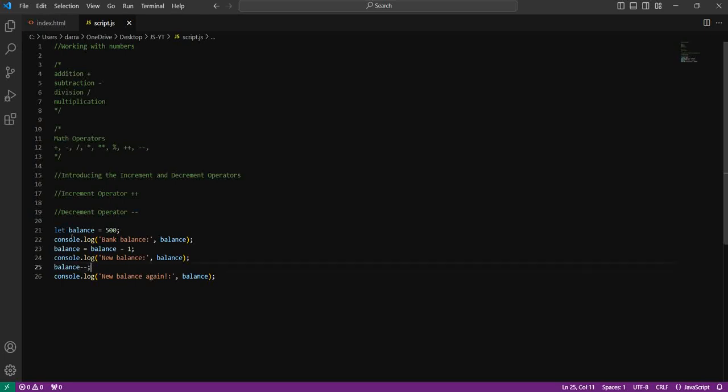You don't need to say, the variable name is equal to the variable name minus 1. You can do that if you like, if you want to make your code quite easy to read, but using the decrement operator is shorthand notation. So here is where we have used the decrement operator for the first time in this course to take 1 away from our variable